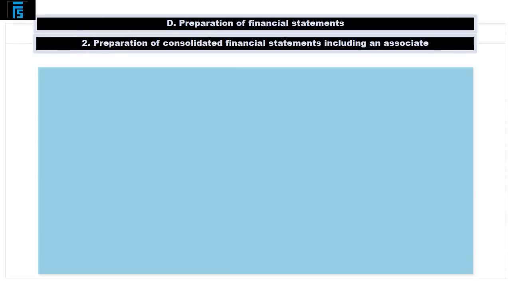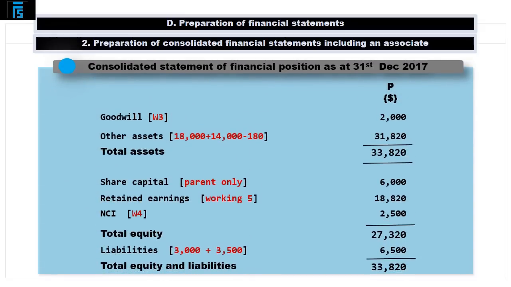31st of December 2018. We begin with goodwill, which was computed as €2,000 in Working 3. Next we have other assets, which equal the sum of the two values coming from the books of P and S, but also reflect a deduction of €180 to eliminate the unrealized profit element included in the carrying amount of S's property, plant and equipment, which brings the total to €31,820, resulting in overall assets of